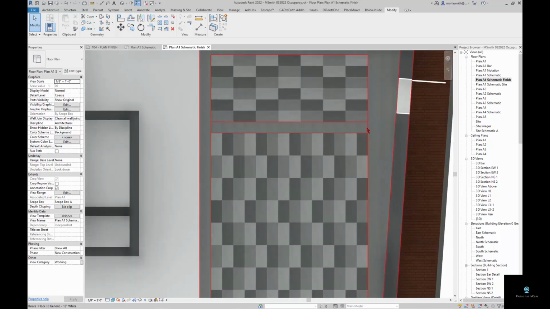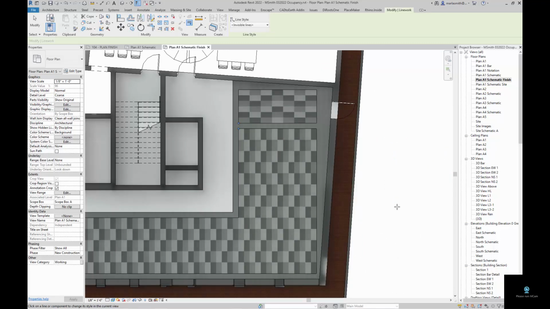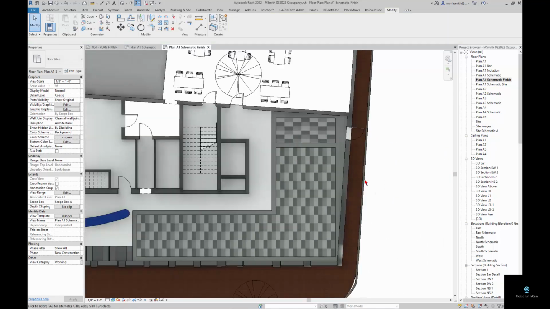Now you can hide this little line right here by going to the line work and going to invisible lines and just picking those guys and getting rid of them if you want to use the realistic. It's kind of up to you. It depends on if that's really important. So now we have sort of this layout here, and now what I want to do is split this piece out and put a wood